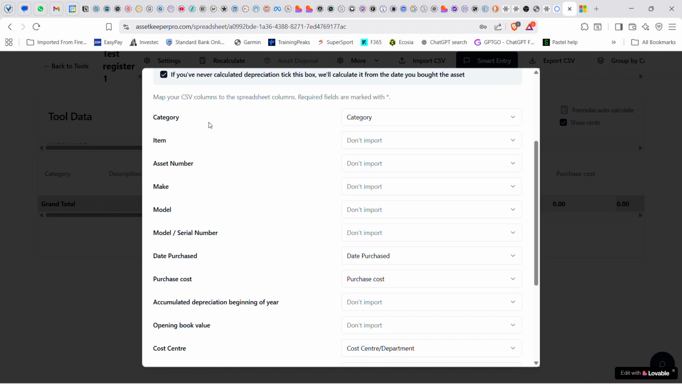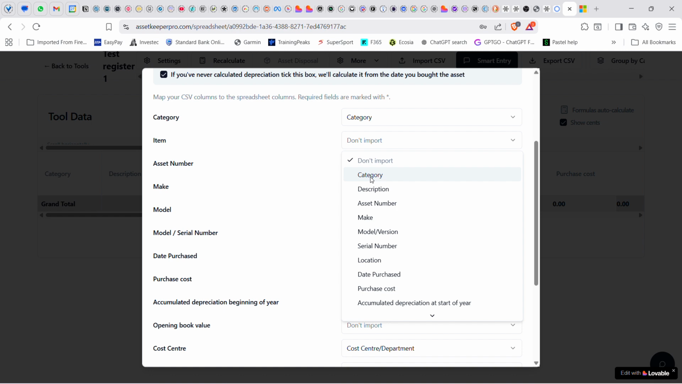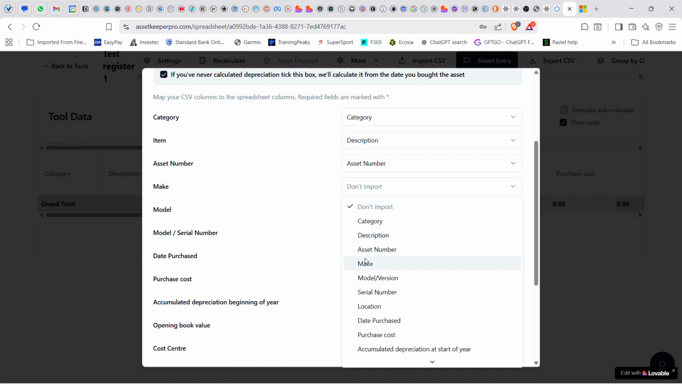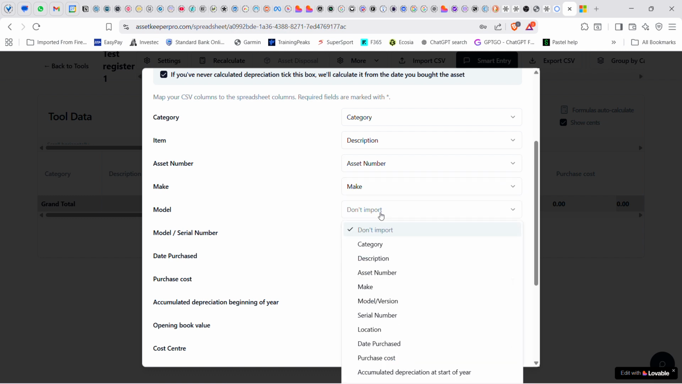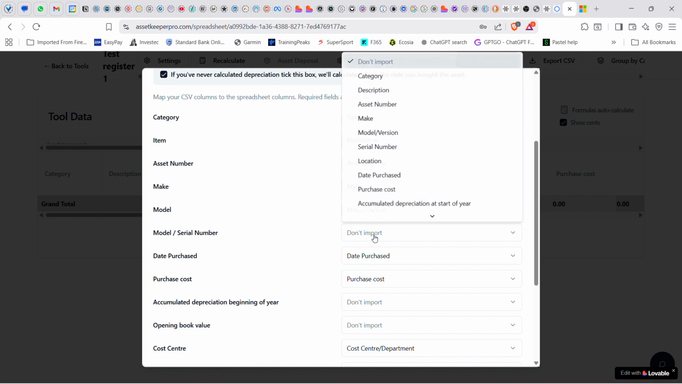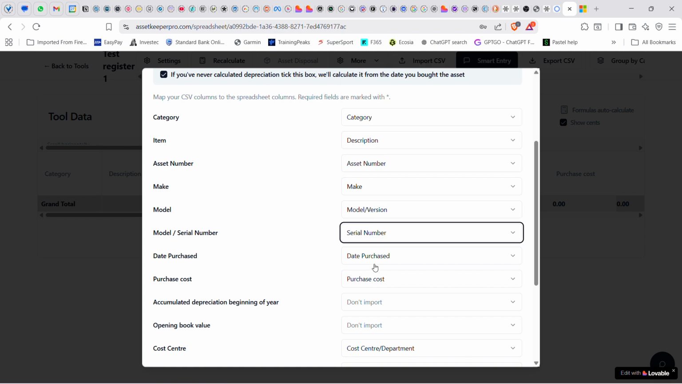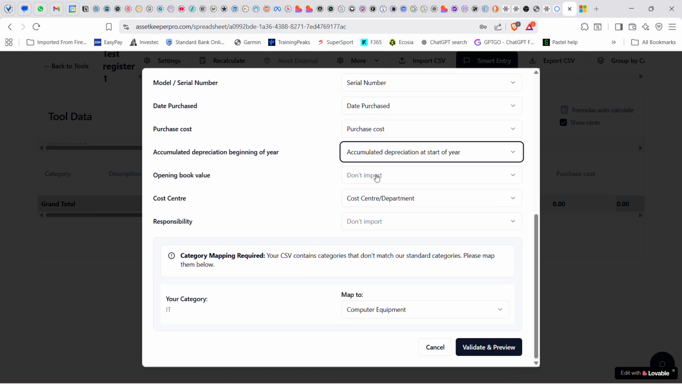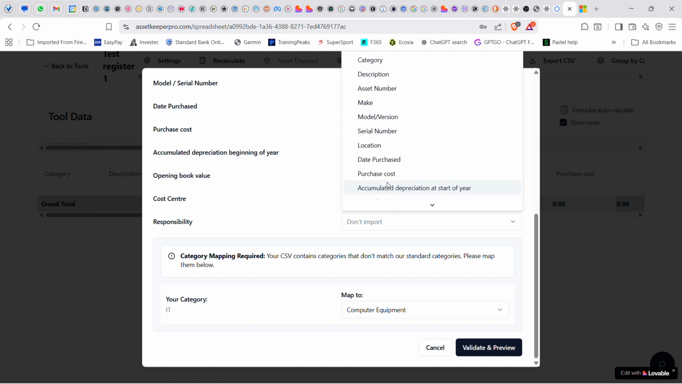I'm then going to do a quick mapping. Some items are mapped already. So item to description, asset number to asset number, make model version, model serial number. I should remove the model and word from there, which I will in time. And serial number, that's mapped. Accumulated depreciation at the beginning of the year, accumulated depreciation at the start of the year. Opening book value, I know that isn't in the spreadsheet, so I'm not going to look at it. Cost center map, responsibility,